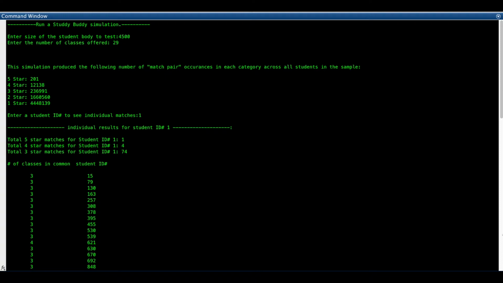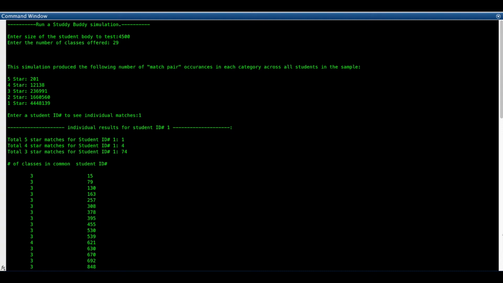So in this second portion of the calculations, what's happening is the input is the particular student ID number, and the output is how many of each category of star matches they have, and then under that, a table of how many classes they have in common and with whom they have those classes in common.